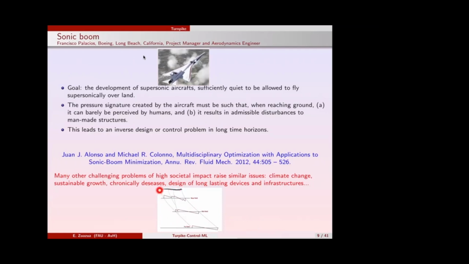Either you make this sonic boom be such that when it gets to the ground, the amplitude is sufficiently mild to be compatible with flying over populated areas, so below the level of noise that authorities and governments will allow for populated areas, or